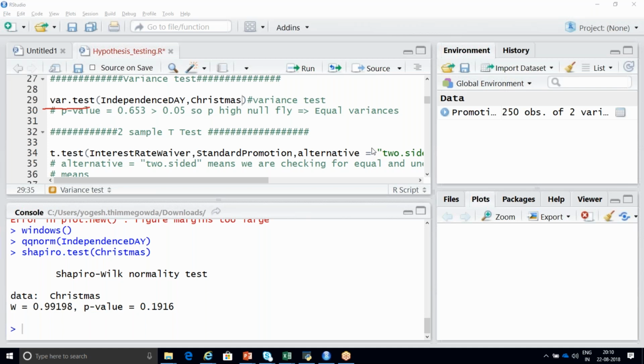Here your p-value says it is 0.653. It is greater than 0.05. P high, null fly. You should accept your null hypothesis. So what was your null hypothesis for this step?